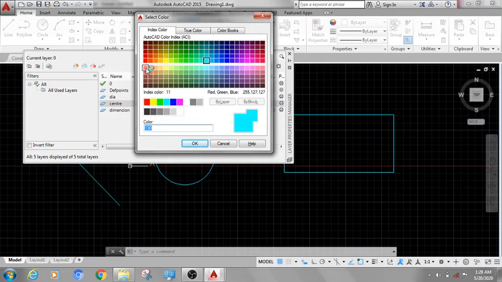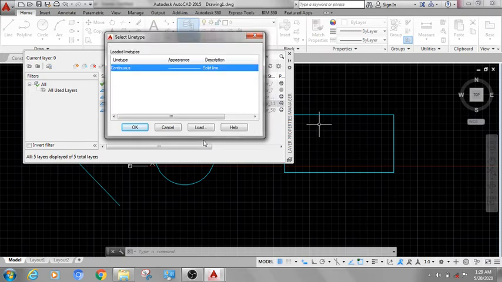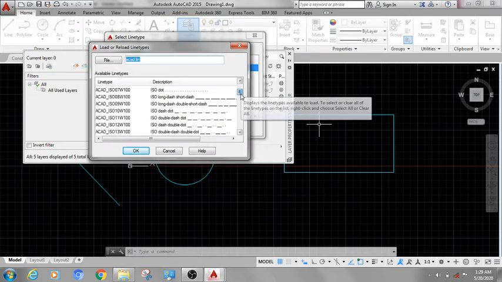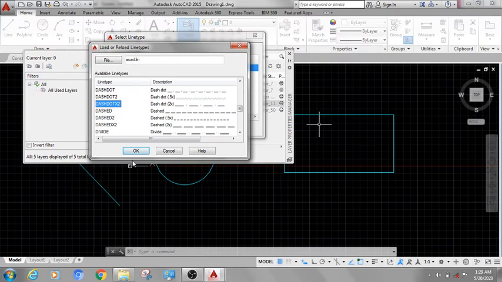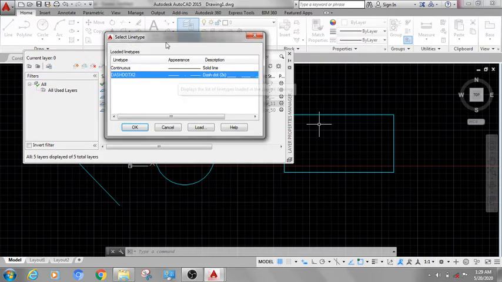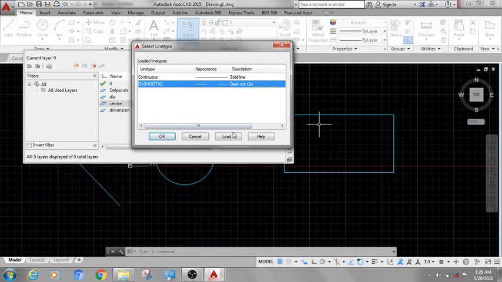Here you can see line type. In that you can select load. For center line I am just selecting this. And don't forget to select load first, then select here and OK.